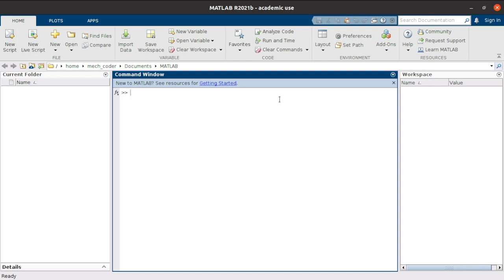In the last tutorial, I discussed how to create a variable and store a value in it. We only stored a single value. In this tutorial, I'm going to discuss how to store a list of numbers into a single variable. Let's get started. To store the list of numbers into a single variable, we will start writing our command into